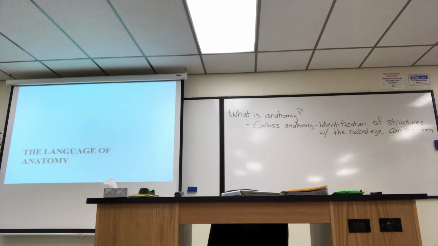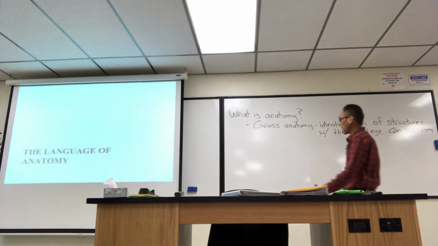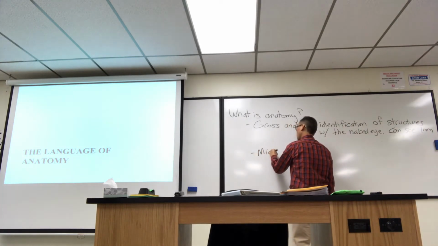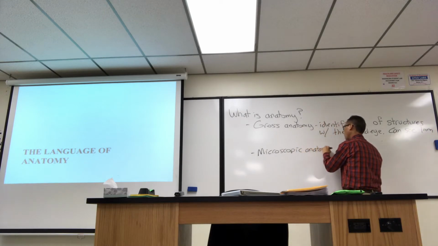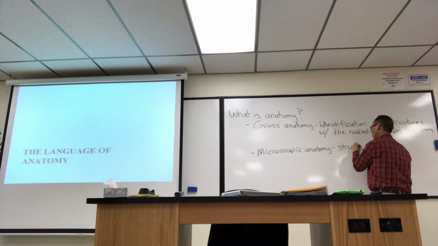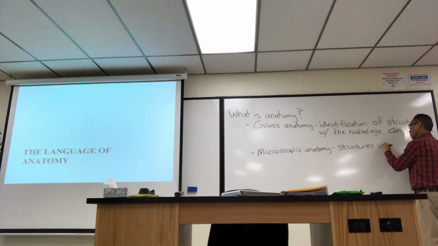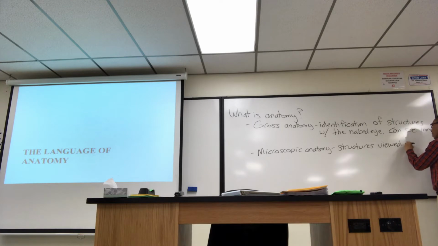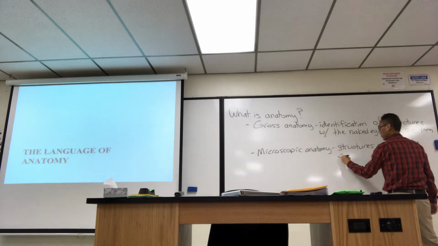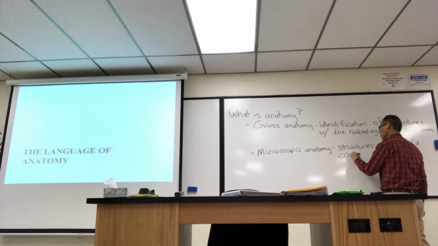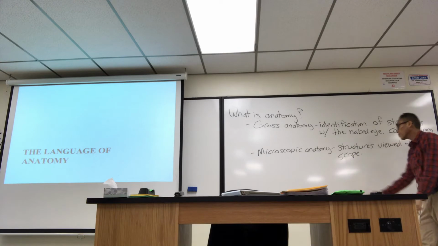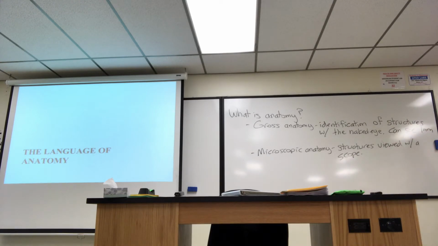Okay? And so, if you can't see it with the naked eye, there's microscopic anatomy. Obviously, structures viewed with a microscope. The reason why that's important for us, I believe chapter 3 is cells, chapter 4 is tissues. We have scopes. We have a microscope lab coming up. I believe it's Monday. When you get your scopes out, you'll be able to view things at like, what is it, 40x